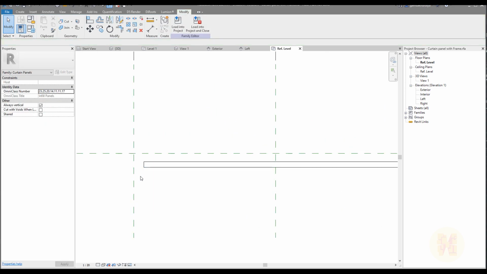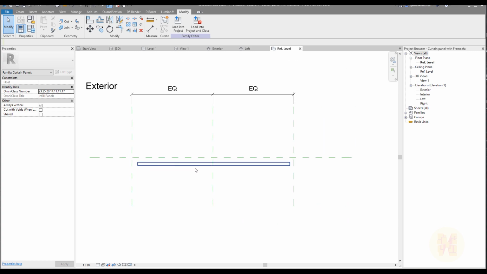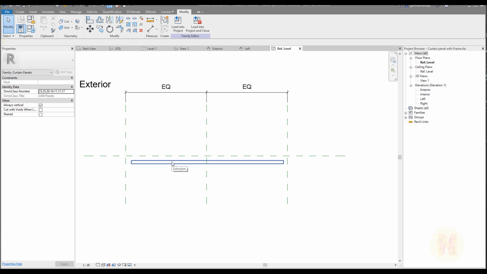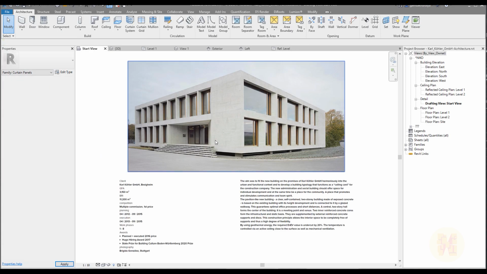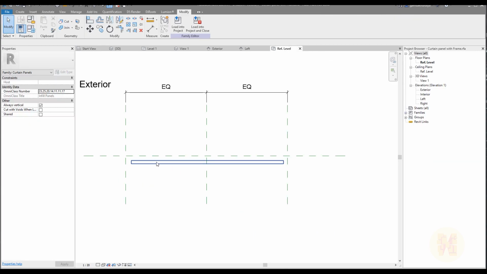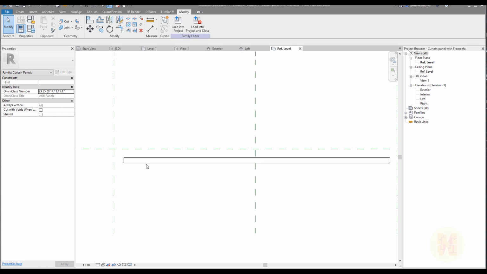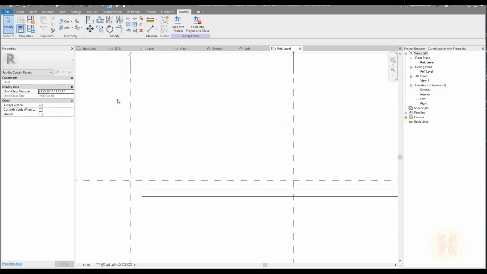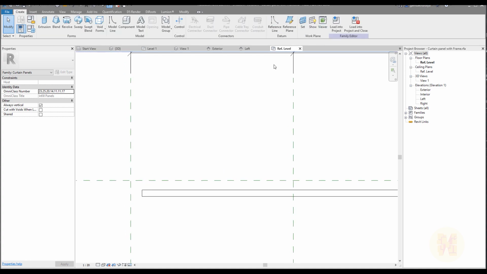First, we have some setback for the glazing because we have the frame, right? After that, we have not just one side glazed. We have two sides glazed because this is the exterior one, and as we can see, it doesn't look like it's warm. I think Germany, so it should be double-sided glazed. If you have only one side glazed, it's not enough for winter. What are we going to do? We need some more